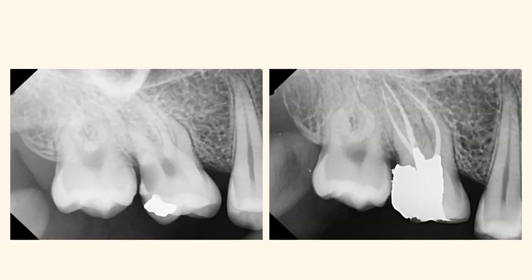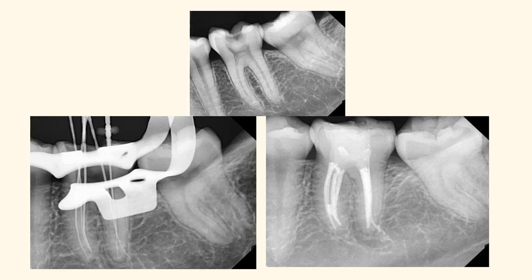This is another case. Proper sequence of instrumentation and proper hand filing motions result in a proper glide path, which results in a continuous tapering preparation without ledges, fulfilling all the mechanical objectives of shaping. This is the case with a middle mesial canal and isthmus in the mesial root and an accessory canal in the distal root. Here you can see a proper glide path preparation results in well-shaped canals, which can be three-dimensionally cleaned and three-dimensionally obturated.